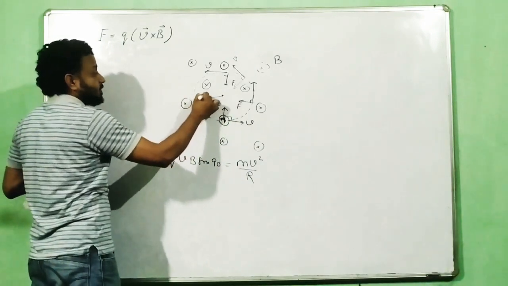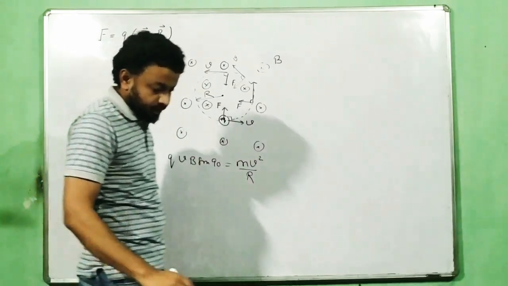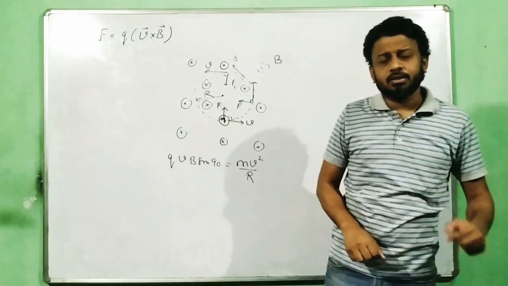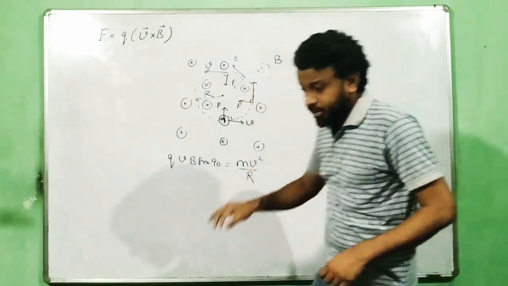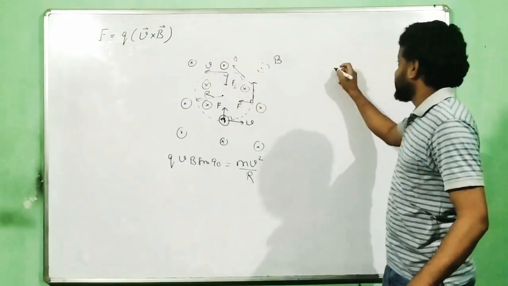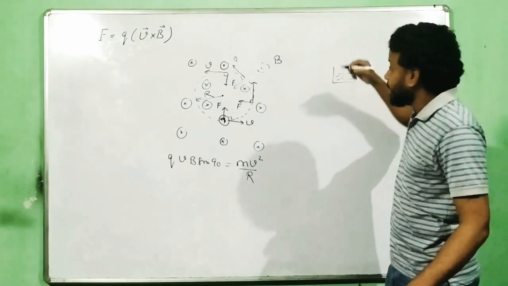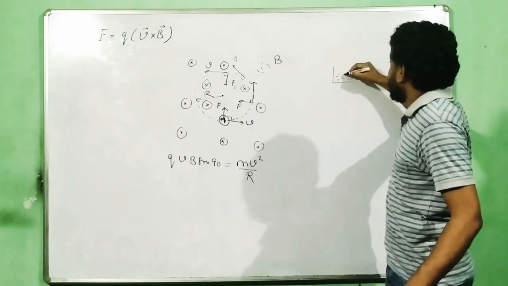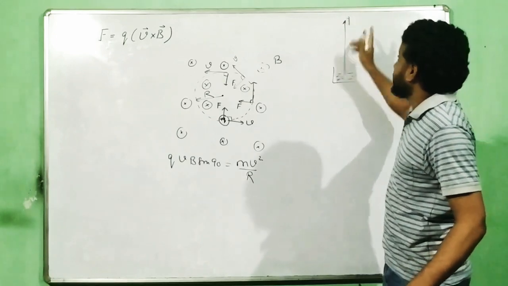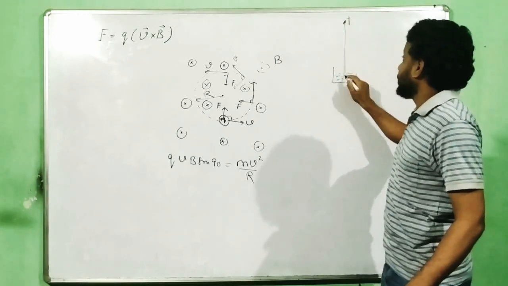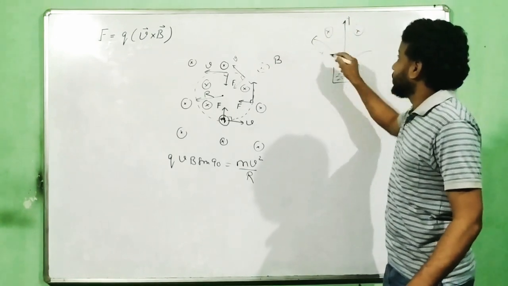R is the radius of the circular path thus obtained in this motion. Do you remember now from class 10, the chapter called modern physics? There was a question like this: some radioactive substance was kept over here, and there is a magnetic field over here, and we used to say that gamma will go undeviated, alpha will go in this direction, beta will go in this direction, and there was a magnetic field like this.